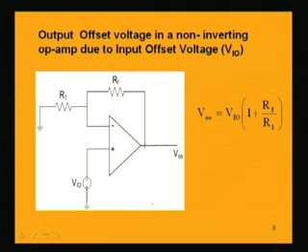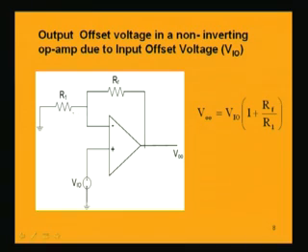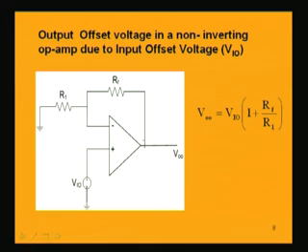So, now if we consider only the non-inverting circuit of an op-amp, suppose the non-inverting op-amp has feedback resistance RF and R1. We are not applying any input signal, but an input signal is available because of the input offset. So, input offset voltage is there, and if we consider a non-inverting op-amp, then the output offset voltage V_OO will be simply V_IO into (1 + RF/R1), as if it is having a